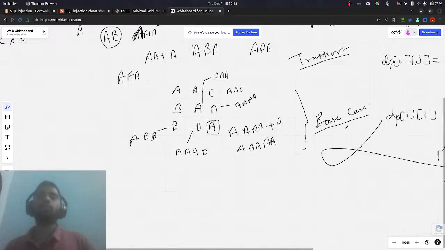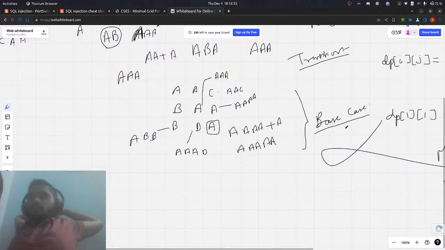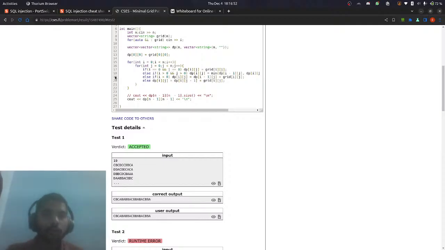Memory and TLE issue. Because comparison of those things can be very expensive. So what we need to do is